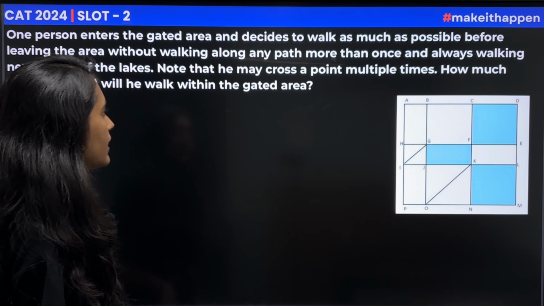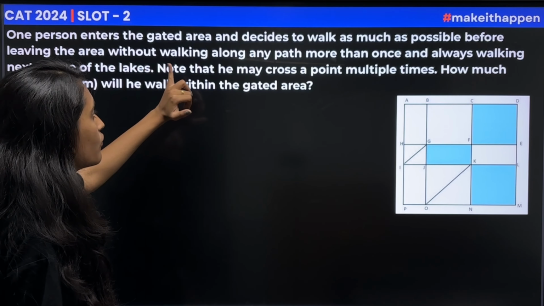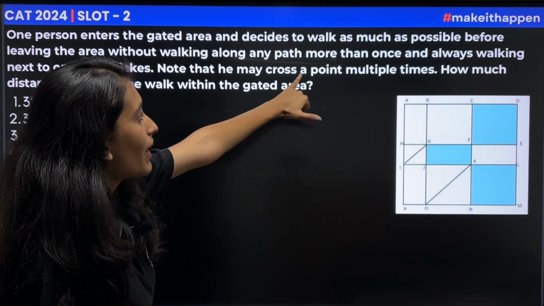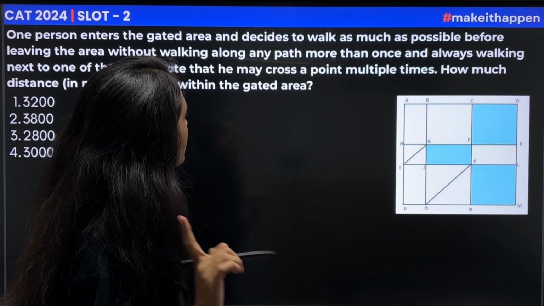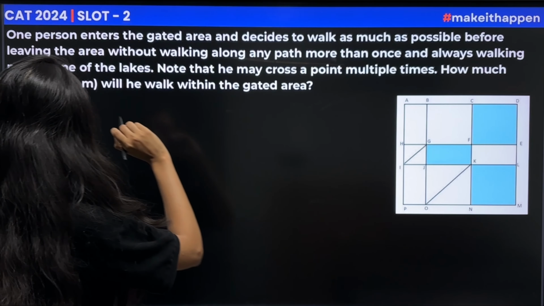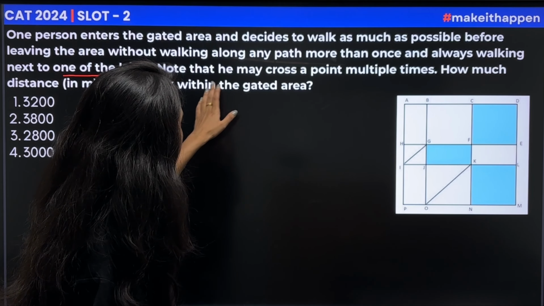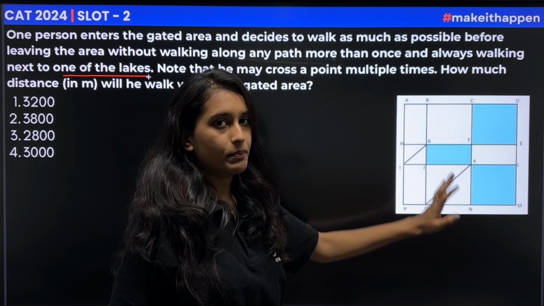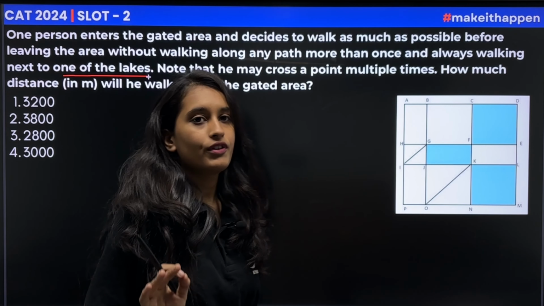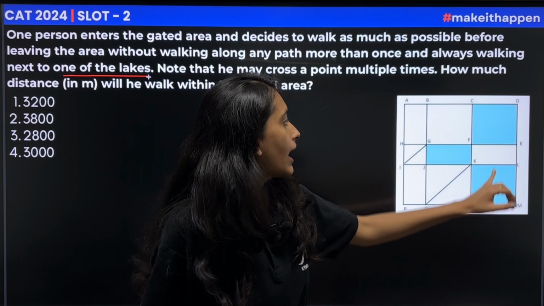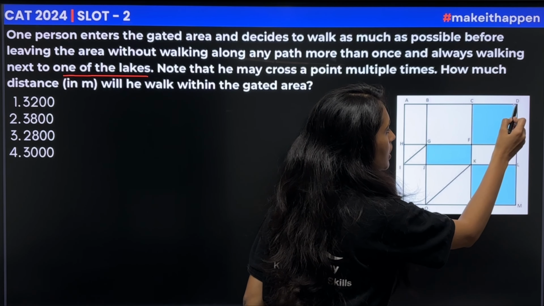One person enters the gated area and decides to walk as much as possible before leaving the area without walking along any path more than once. He walks through any path only once and always walks next to one of the lakes. Note that he may cross a point multiple times. How much distance will he walk within the gated area? We are given information that he has to walk along the lake. So the path can be